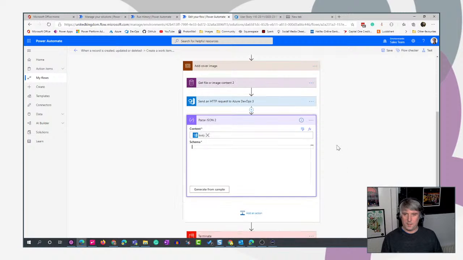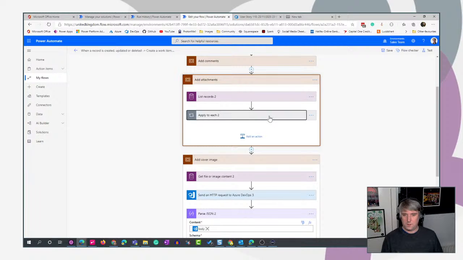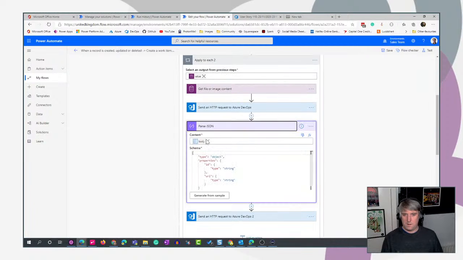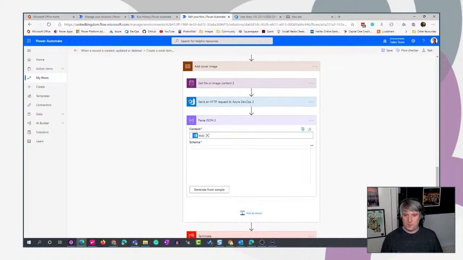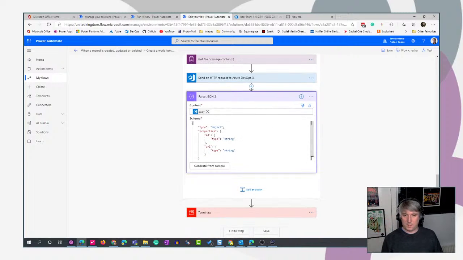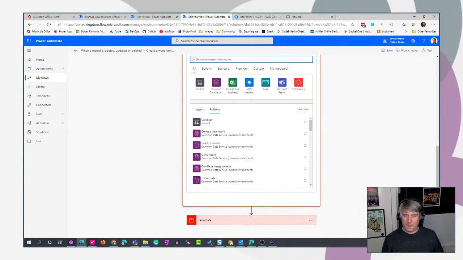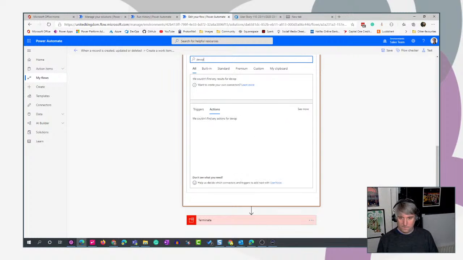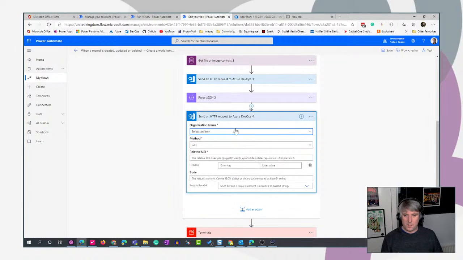Use the body. The schema we should be able to... famous last words. Copy from there, so we don't need to generate it again because we're expecting the same schema back, I think. And then we're going to link it, so it sends the HTTP request, which again we select our